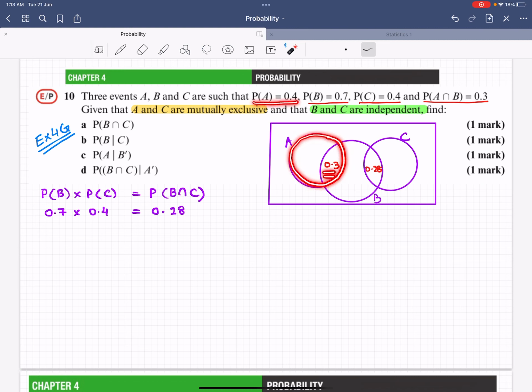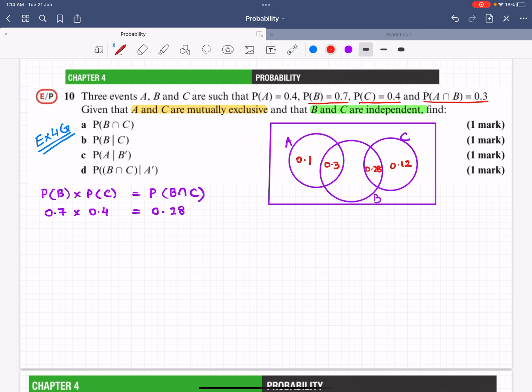So if this part is 0.3, only A part will be 0.4 minus 0.3. That's 0.1. Then we are given that probability of C is 0.4. Therefore, this entire circle is 0.4. From 0.4, we'll subtract 0.28 and we get only C, which is